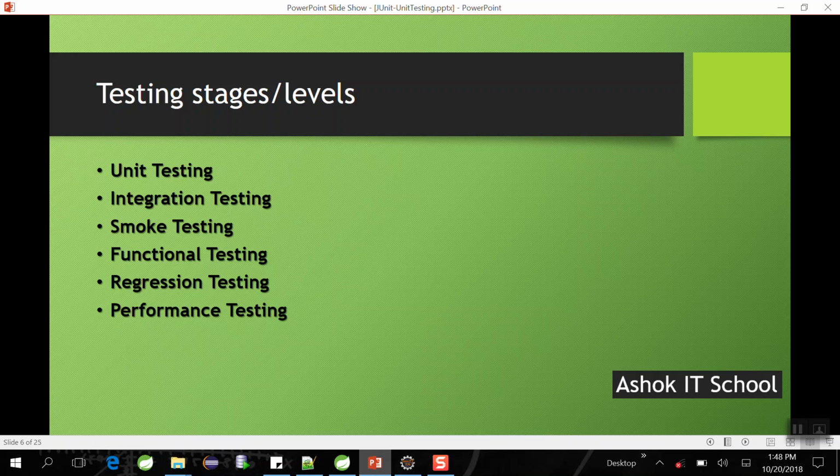We will test from an end-to-end scenario. That is integration testing. Then we will give the application build to the testers. First they will perform smoke testing, then functional testing and regression testing. At the end we are going to perform the performance test of the application to check the statistics of the application. These are the several testing stages available in software testing.